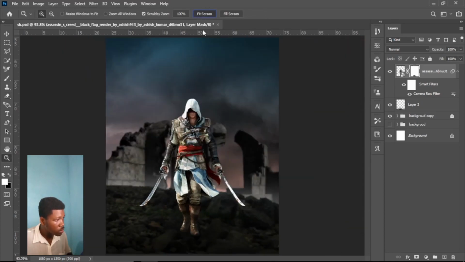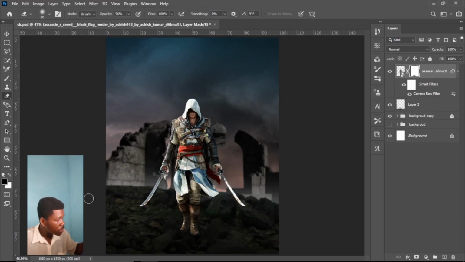Let's zoom it. You can select, change the eraser, you change it to black to reverse the change. If it is too much, reverse the change. Okay,